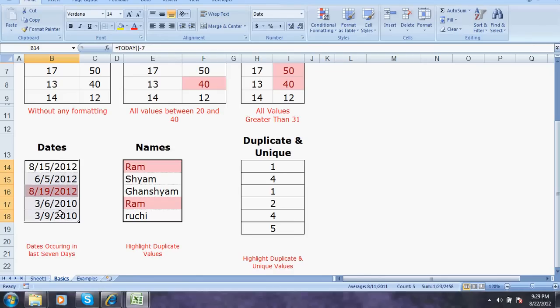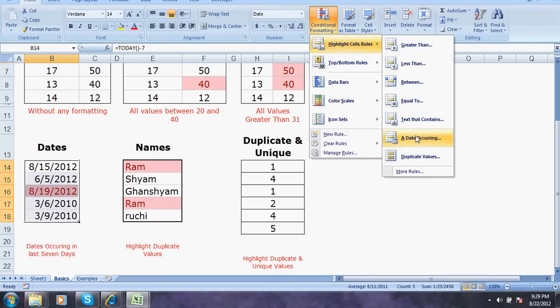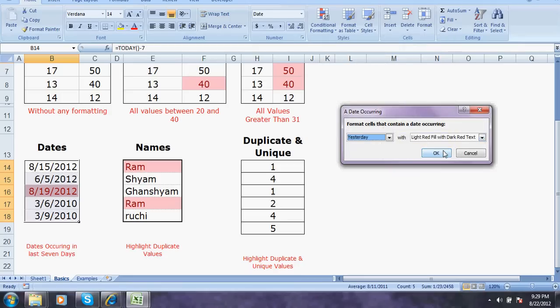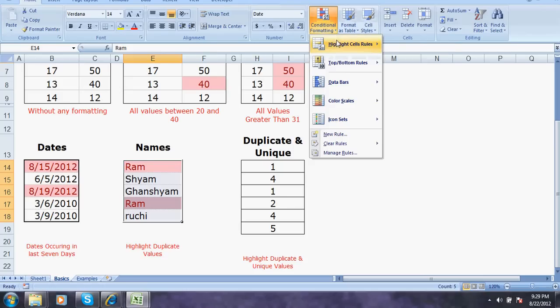Okay, now, this is for the last week. Now suppose you have some data, and just first unclear the rules,